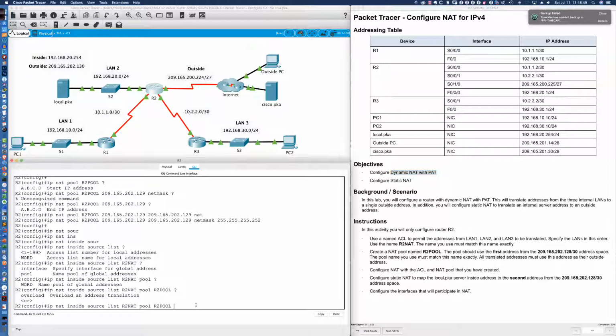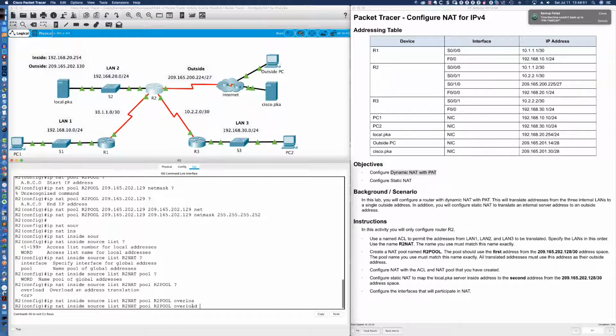And when configuring, we have got to have that overload keyword in there, because this is what is going to allow me to have multiple inside local addresses, many inside local addresses, using a single inside global address in order to get access out to the internet via NAT and get a publicly routable IP.